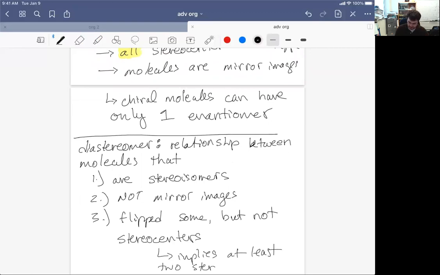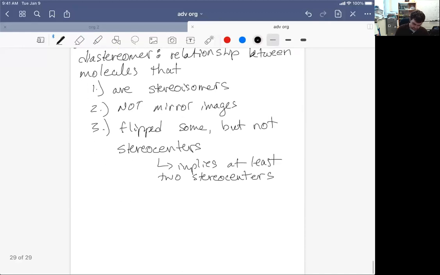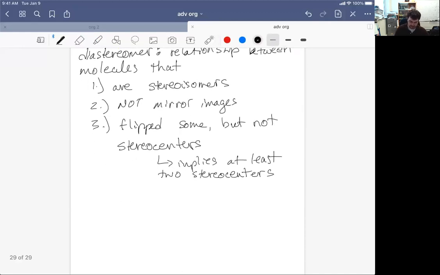Why? Well, if you flip no stereocenters, you're the same. If you have the same composition, connectivity, and there's no flipping of the stereocenters, these molecules are just the same. Maybe they're conformational isomers, but that's not what we're looking at here. Okay, so we flip some, but not all. That implies that we have at least two stereocenters. So what we could have here is